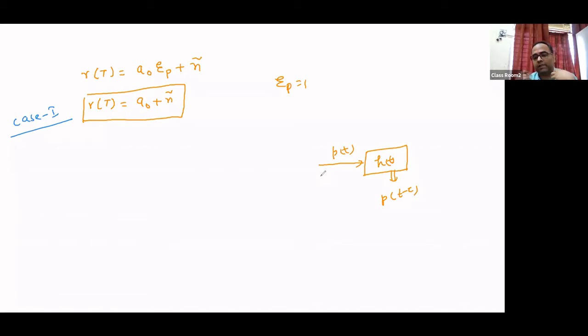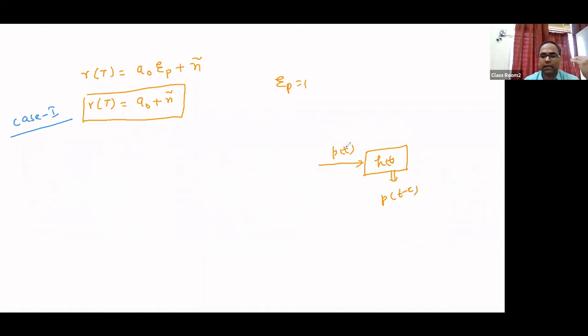That's why we are using the matched filter on the receiver side. And when I say that the filter is matched to the pulse, what does it mean mathematically? It means that the shape of the pulse which we have chosen to transmit our information, the response of the filter should be the same as that pulse shape. So the response h(t) can be simply written as p(t minus tau), where tau is a delay. So p(t) is the pulse which is coming into the filter, and the response of the filter is h(t).